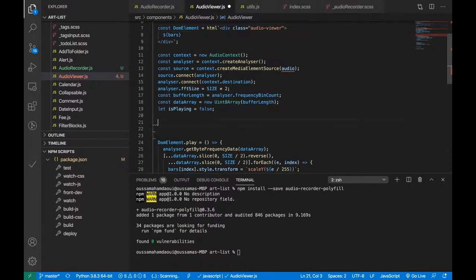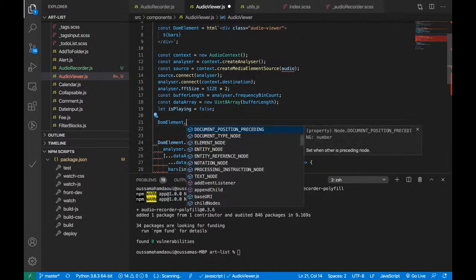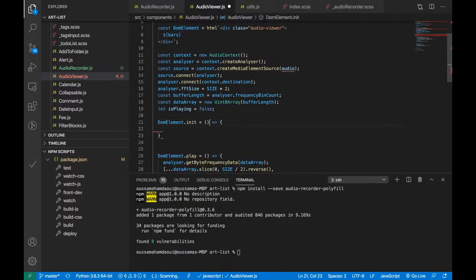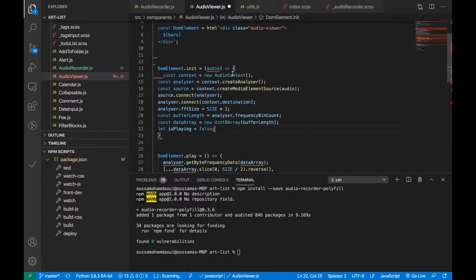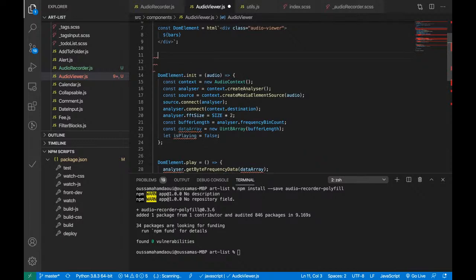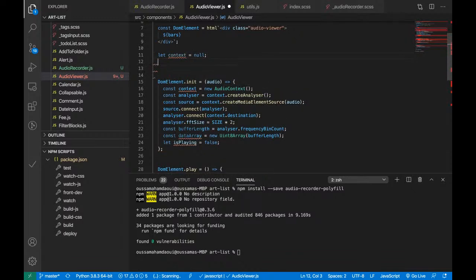Wait, init, it's gonna be a function that's gonna take an audio, and it's gonna do this, and I'm just gonna let context equals null, let analyzer equals null, let